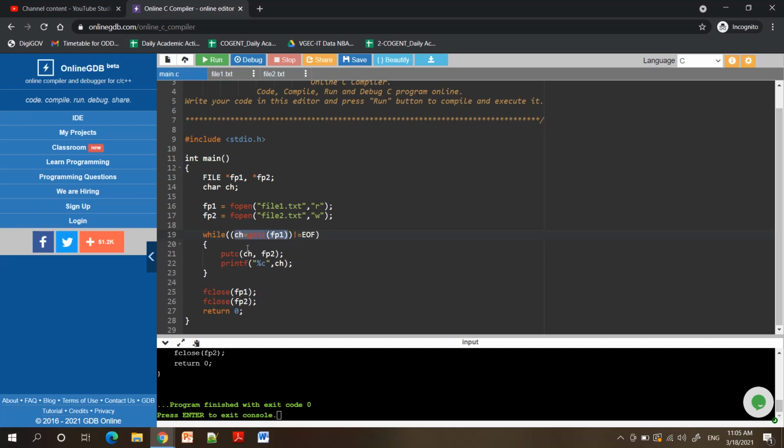Now this reading process will be continued until the file pointer reaches the end of file. In file management there is a special concept known as end of file. In strings we have seen that all the strings are terminated by a null character. Likewise, all files end with an end of file.